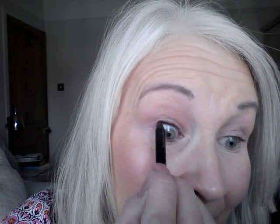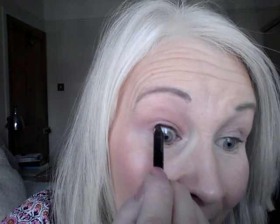I'm just going into the roots, and I'm very gently pushing the liner into the roots of my lashes. You may not be able to see until I'm finished the full effect, but you might see that it's beginning to define my lash. I'll do one eye and you'll be able to see. So, and I'm going to bring it over